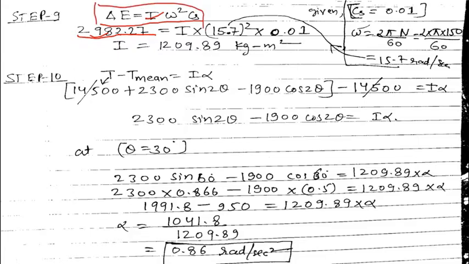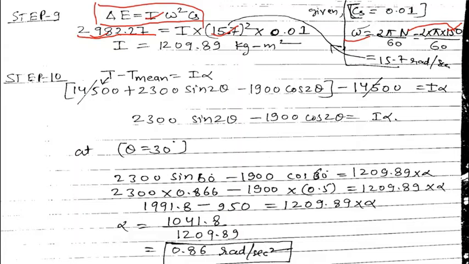Now see, we have calculated the value of omega in the previous step as 15.7 raised to power 2, and for your sake of simplicity and convenience, I am again calculating the value of omega. Omega is given as 2 pi n divided by 60, where n is the RPM of the crankshaft, and the RPM of the crankshaft is given to us as 150 RPM in the question. See the question for it. In the question it is written that the RPM of the crankshaft is 150 RPM.